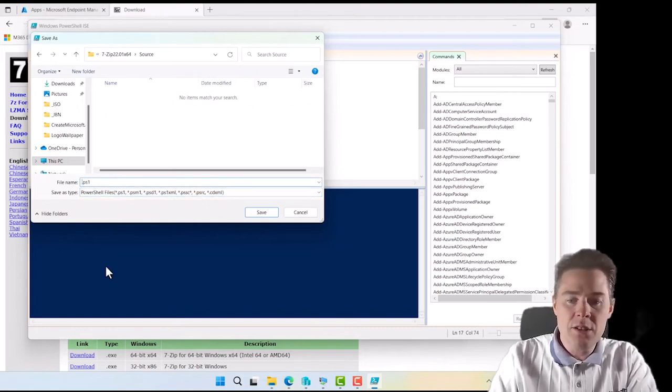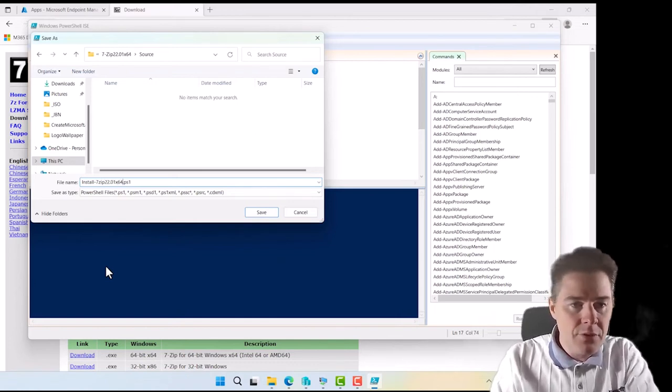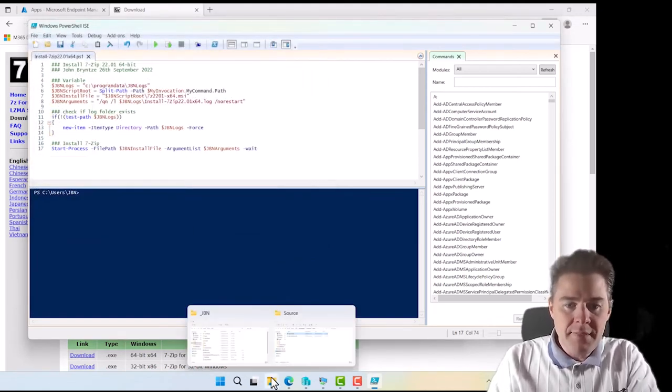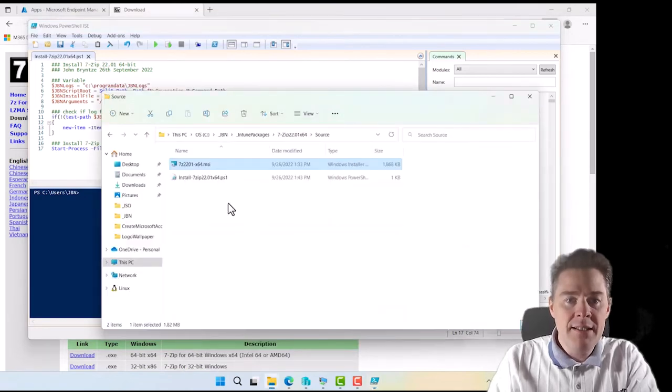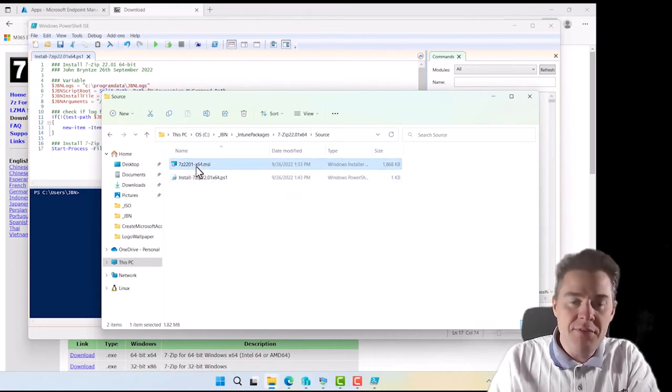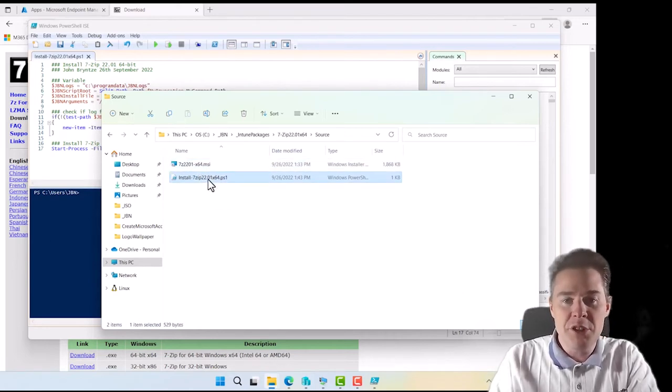So let's change this one. Let's call this one Install-7Zip22.01x64. Did I type that correct? Yes. So we have our script and we have our MSI file. So we're going to run this file in our package in our Win32, and that one will be calling this file, and it will always find it because our script root,